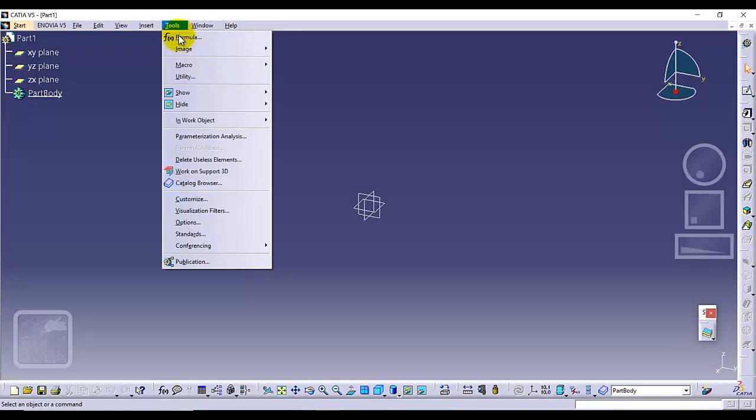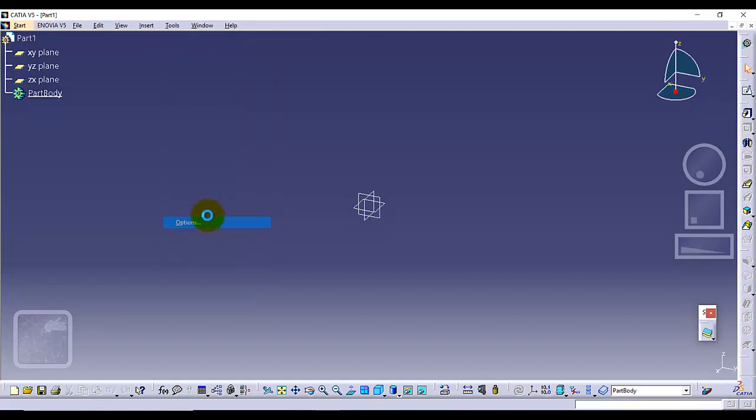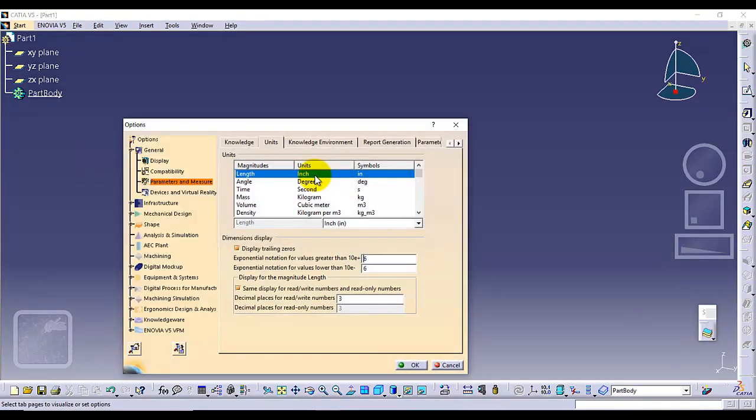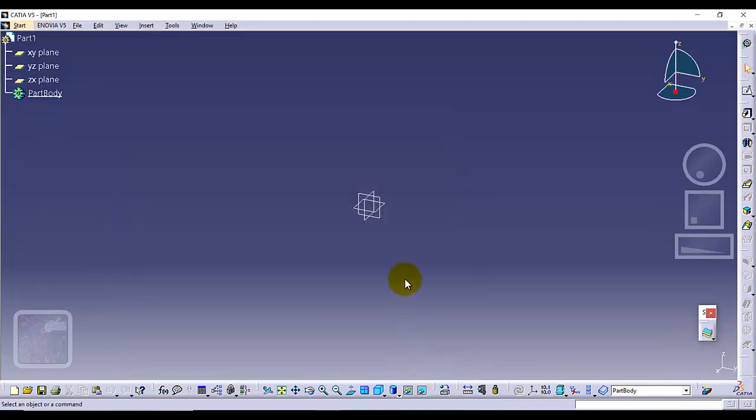and first I'm going to verify the units. Go to tools and options. The selected units of lengths are inches, so we needed to select it into millimeters. Select it into millimeters and click OK. Now the working units are in millimeters,